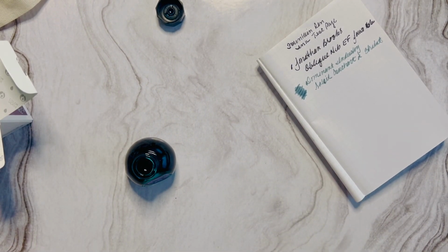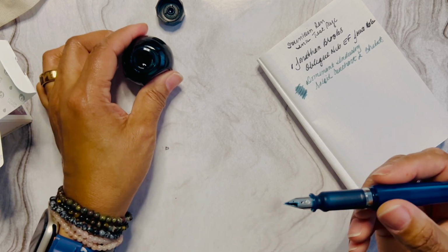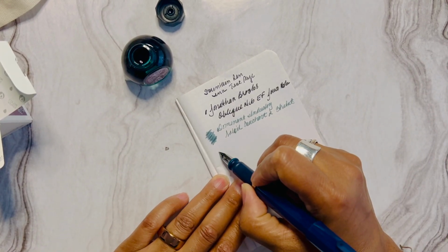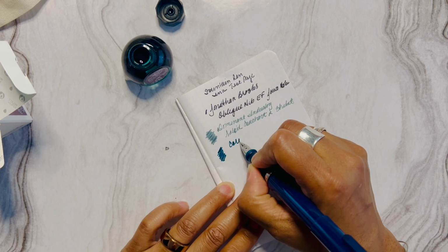The one thing about Colorverse I will say is they have really narrow openings for their bottles, which is sometimes problematic, but for this case I think it'll work out just fine. And this is kind of a chameleon ink for me. So it's another blue. And this is Colorverse